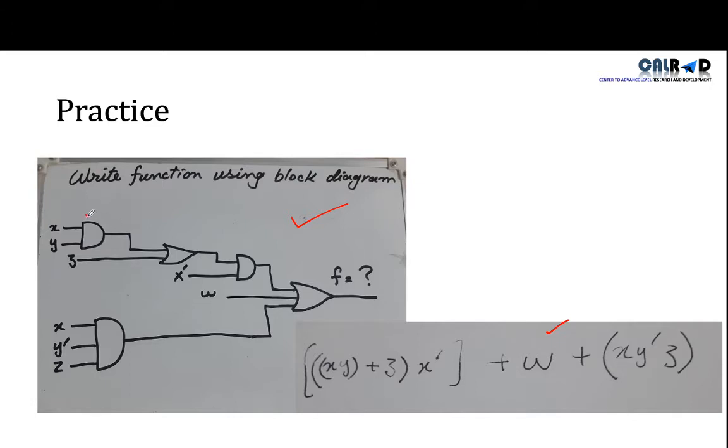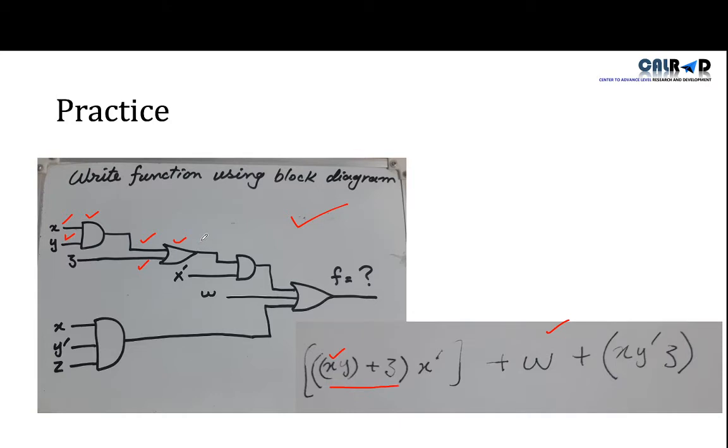So here you can see an AND gate is used, and what is the purpose of an AND gate? To multiply the inputs. So there are X and Y inputs, these are multiplied here. The second gate was our OR gate, and what was the function of an OR gate? To sum the inputs. So the first input was this X into Y, and the second input is Z. So this is the output of the AND gate and OR gate, XY plus Z.